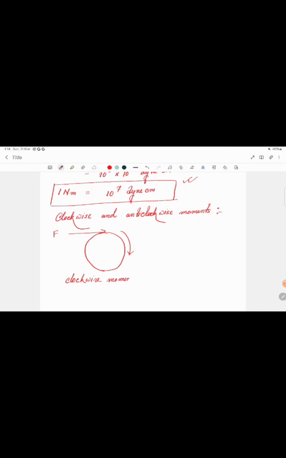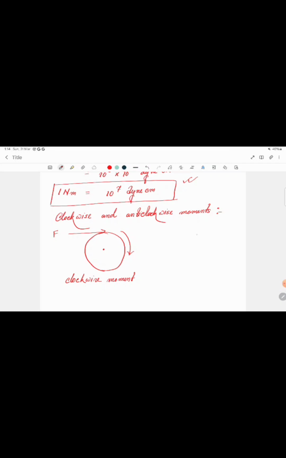So which one is called the clockwise moment? This one is the pivoted point. We can say that the effect on the body is to turn it clockwise. Then the moment of force will be known as the clockwise moment. In the same way, if we apply the force in just the opposite direction, then it will be